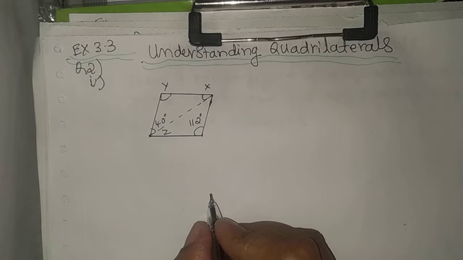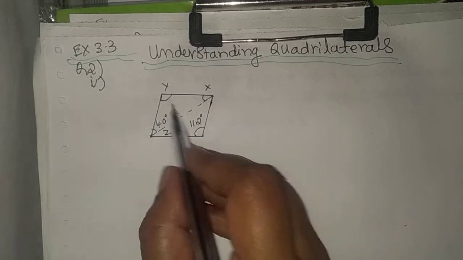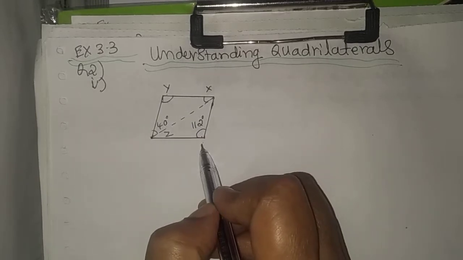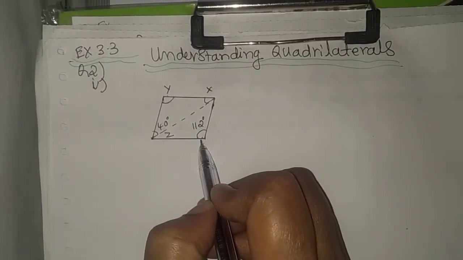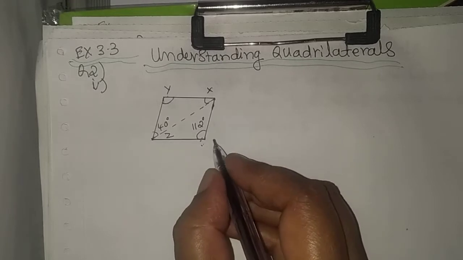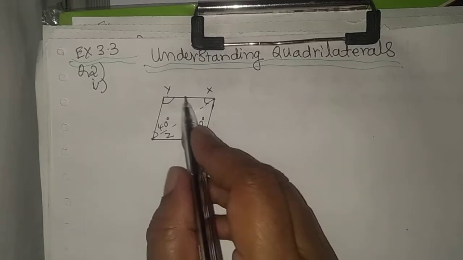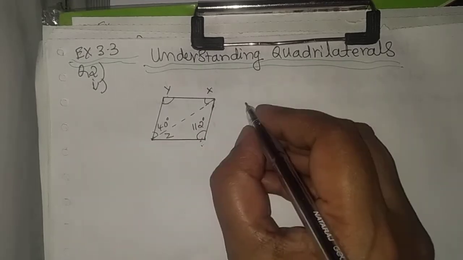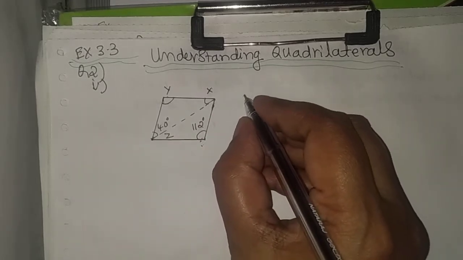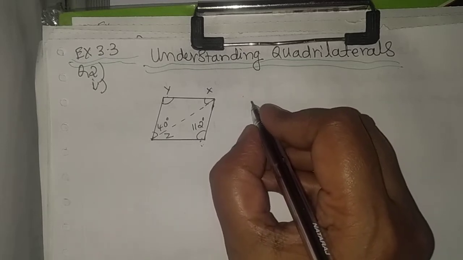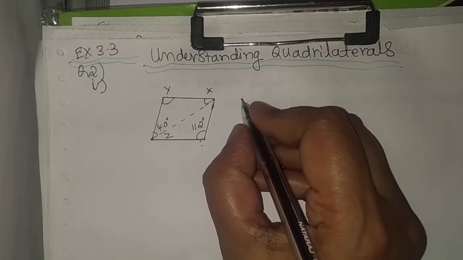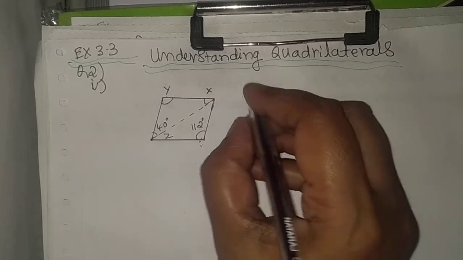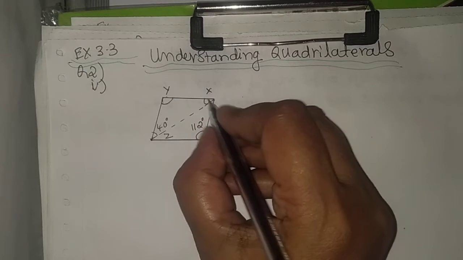The first step we'll see in this figure is that the opposite angles of the parallelogram are equal. Therefore, the first step is to add all the angles. The question was what property is used here, and we have to find out the value of x. So this was the question. Now we'll start by